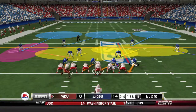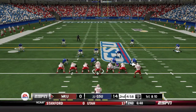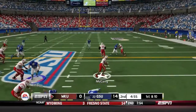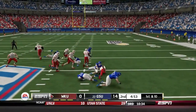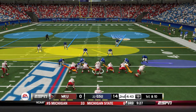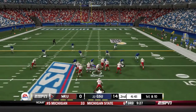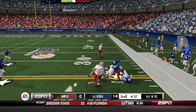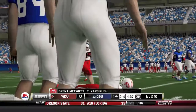And Hilltoppers take it over. They recover, and they have 1st and 10 here. Morrison hands off to McCarthy. Ooh, that's a brutal stiff arm. A second one there, and he gains 13 yards and a first down into Panther territory now. 1st and 10. Morrison hands off to McCarthy again, getting outside and stiff arming his way for an 11-yard gain and